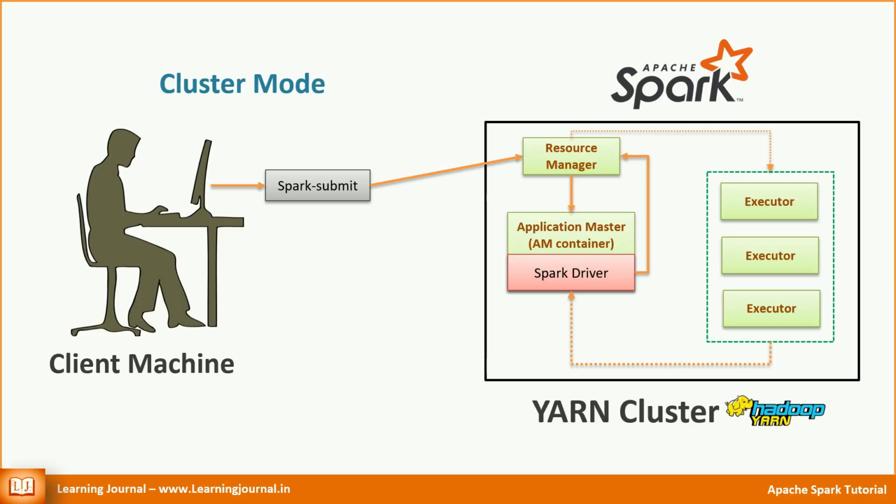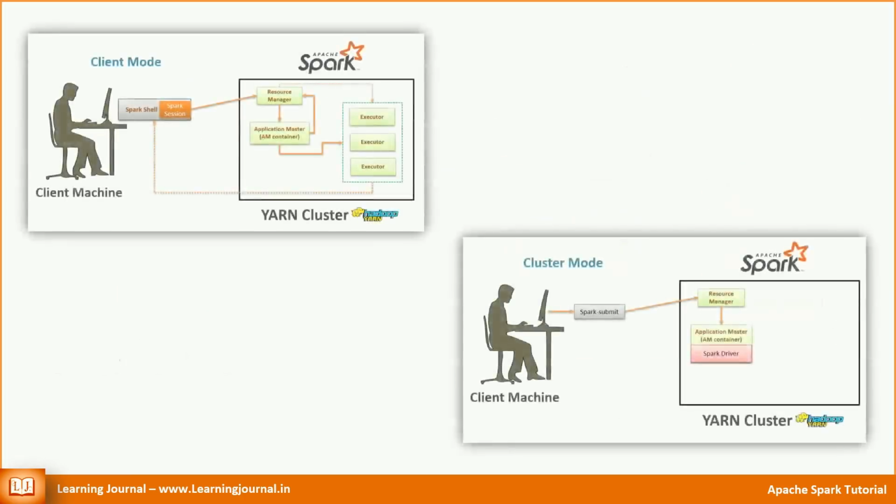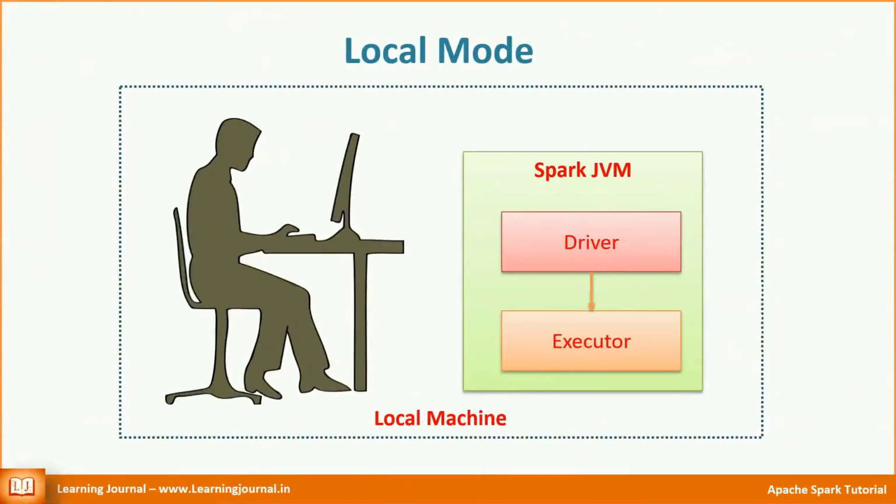Great. We covered how Spark runs on a cluster. We learned that we have two options: client mode and cluster mode. There is a third option as well, the local mode. You can also start a Spark application in the local mode. What is that? When you don't have enough infrastructure to create a multi-node cluster, but you still want to set up Apache Spark, maybe just for learning purposes, you can use local mode.